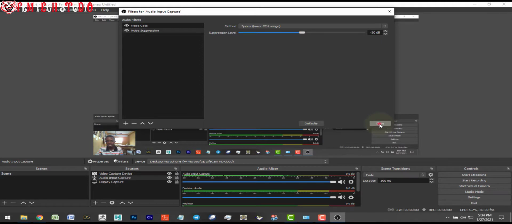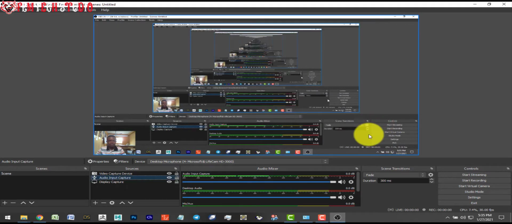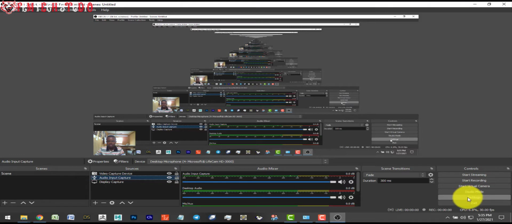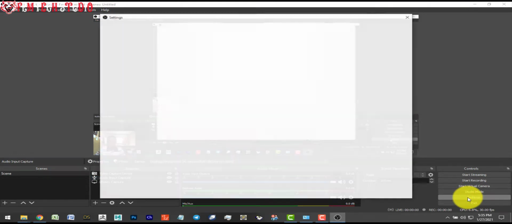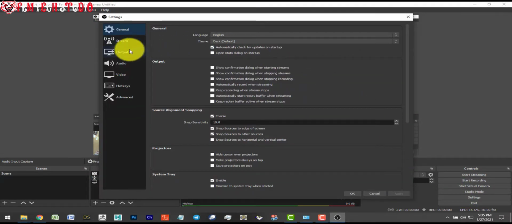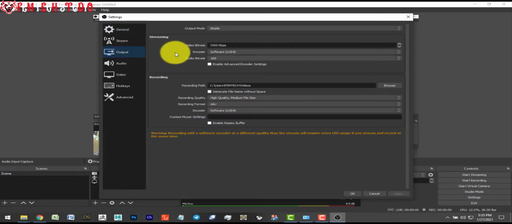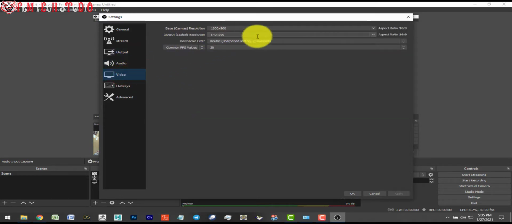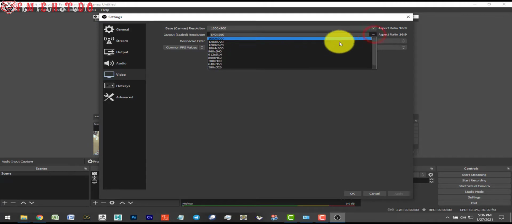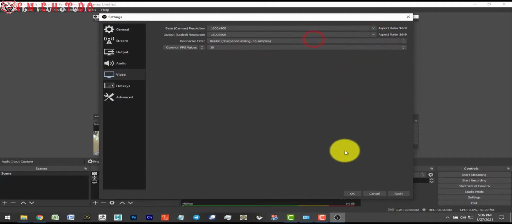Once that is done, in order to change the settings of the system, you could just move down to the settings, then select output. From the output, select video. Then the output scale, you could change it to that same range and select apply. When you select apply,